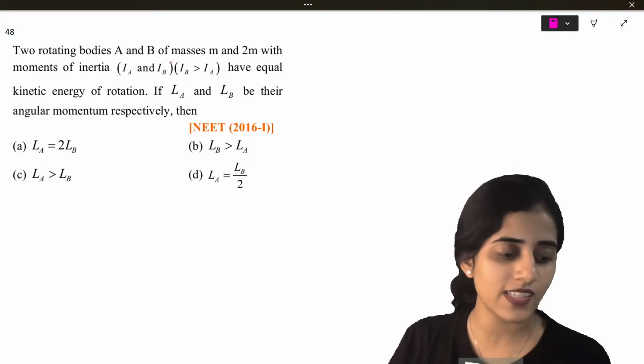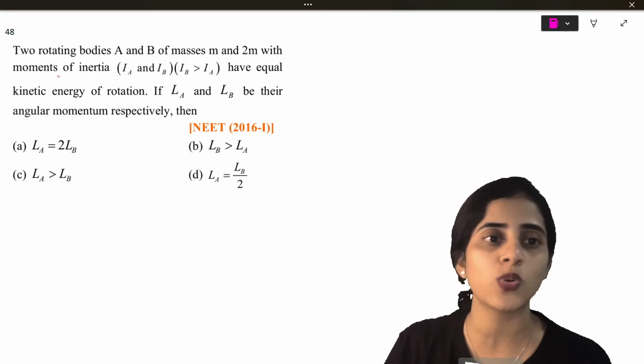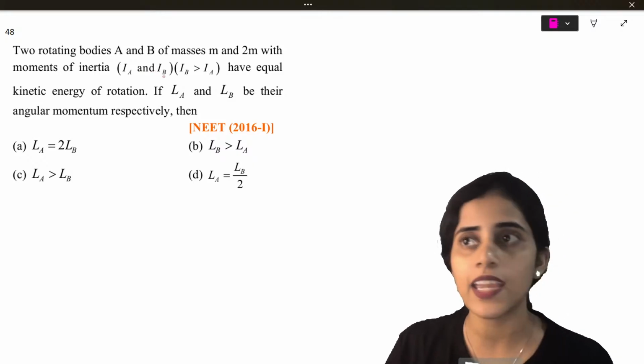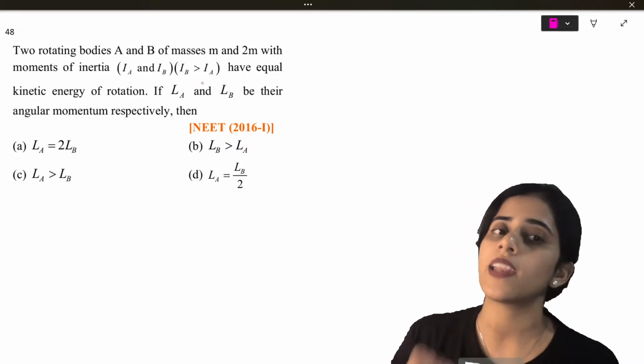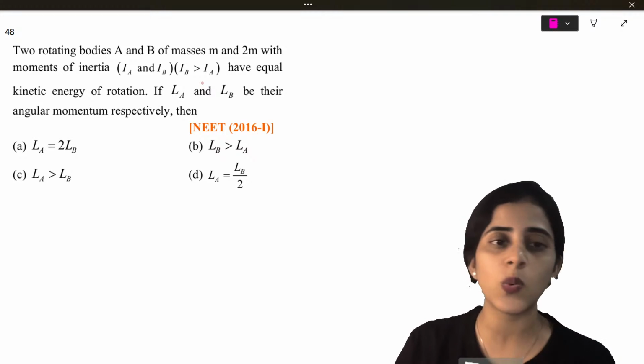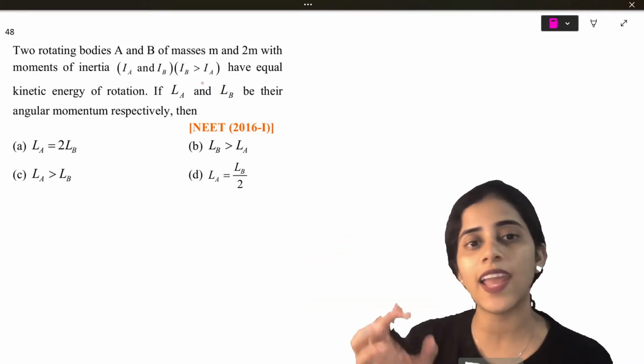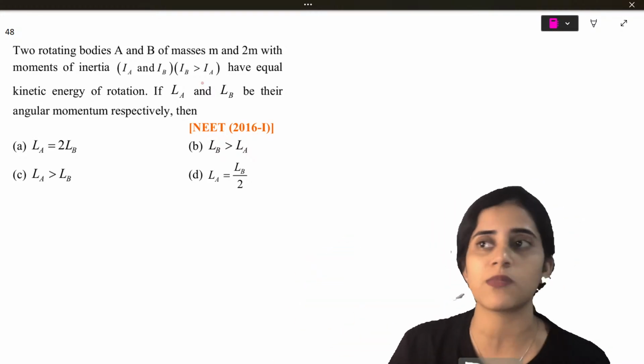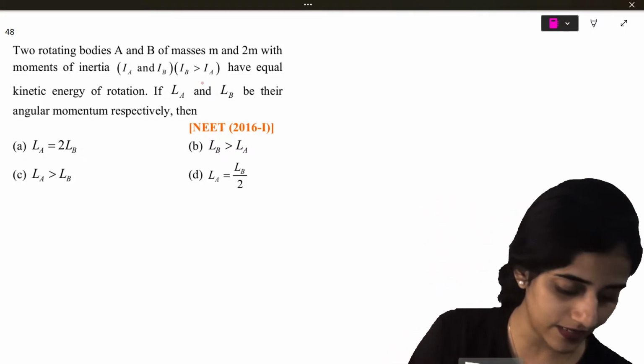Two rotating bodies, A and B, of masses m and 2m with moments of inertia IA and IB, where IB is greater than IA, have equal kinetic energy of rotation. If LA and LB be their angular momentum respectively, then